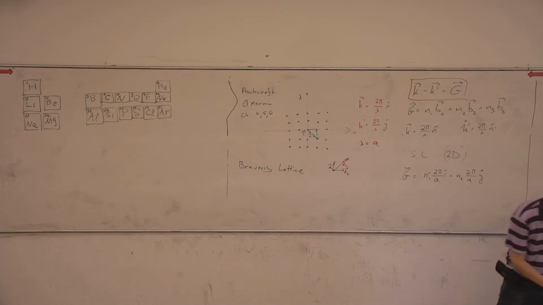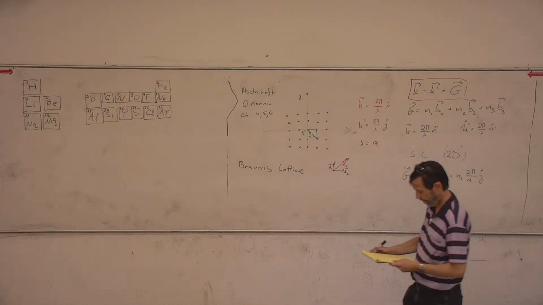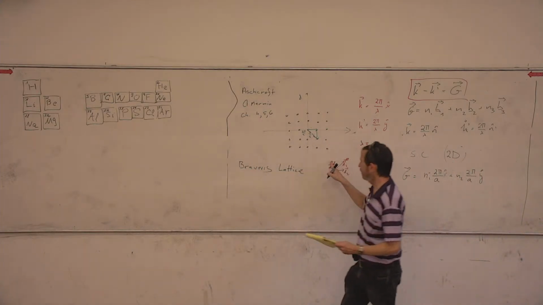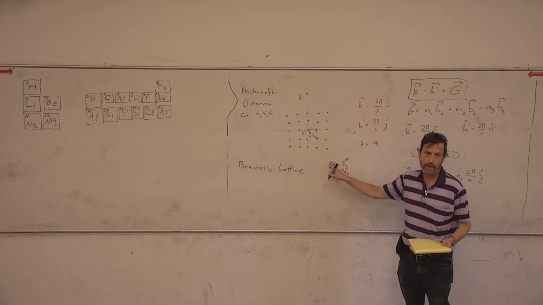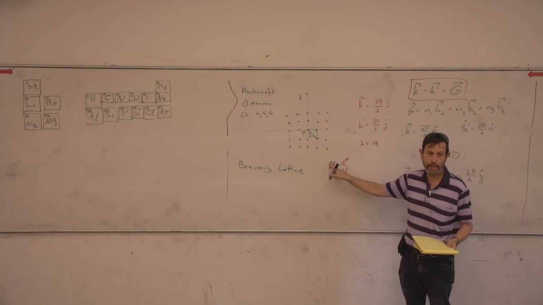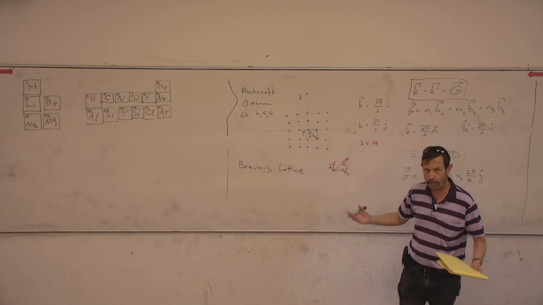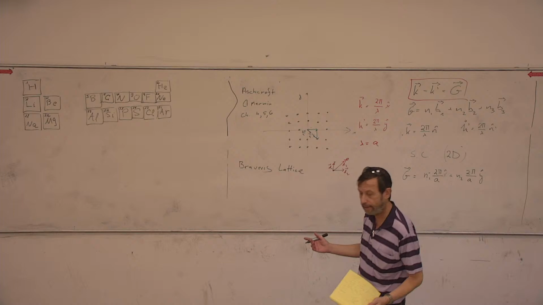So if I'm looking at what happens to a wave that is scattered, let's say, from point D1 and D2, or generally Di and Dj,